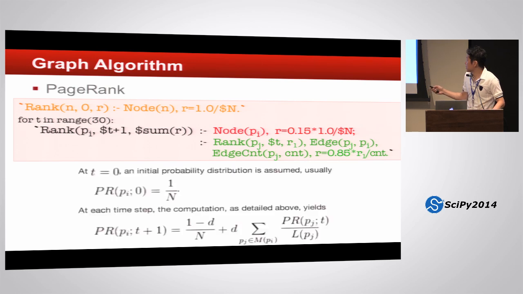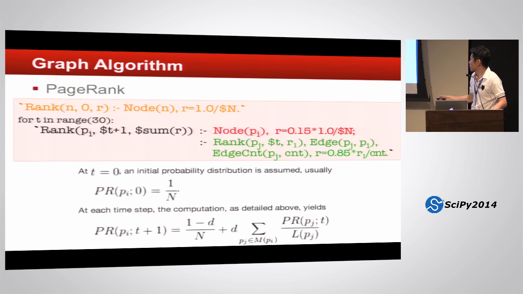Let me go a little bit deeper into this. To easily describe it, let me compare it with the Wikipedia description of the algorithm. So this is the Wikipedia description of the PageRank algorithm, and here's the initialization, which maps to this guy here. And here's what you compute at each iteration. And this is a constant part, and this is where you actually use the link structure to compute PageRank. And this constant part maps to this guy here, and this part maps to here, where we are going over